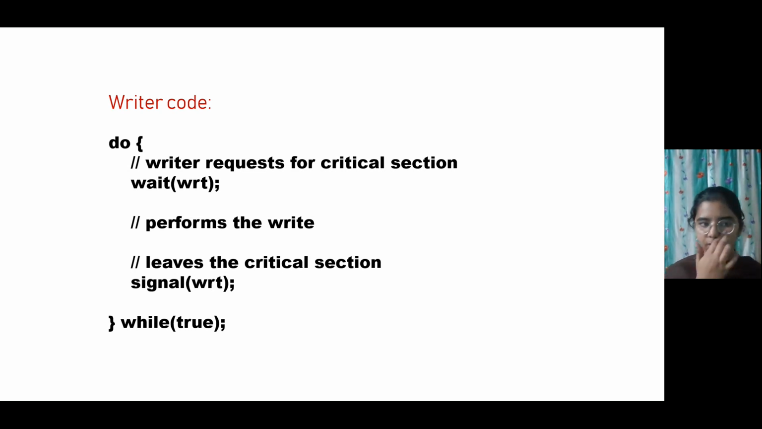Whenever the value of write is 1, other processes can enter into the critical section. Whenever the write semaphore value is 0, that means the critical section already contains one writer process, so no other writer process will be able to enter. After completing the write operation, while it leaves, the process signals write. That means it releases the write variable so that another process can get hold of it and enter the critical section. This is the writer code, and the reader code is